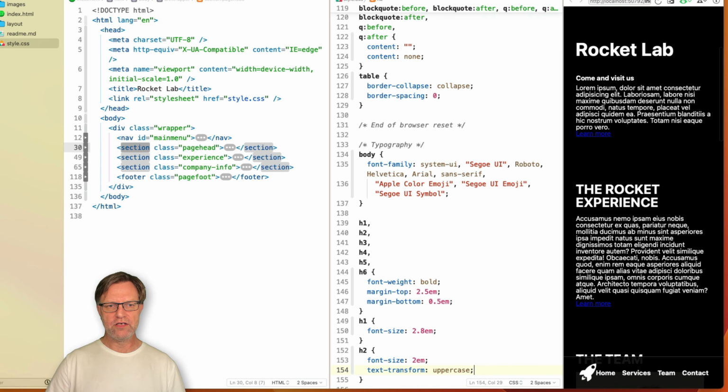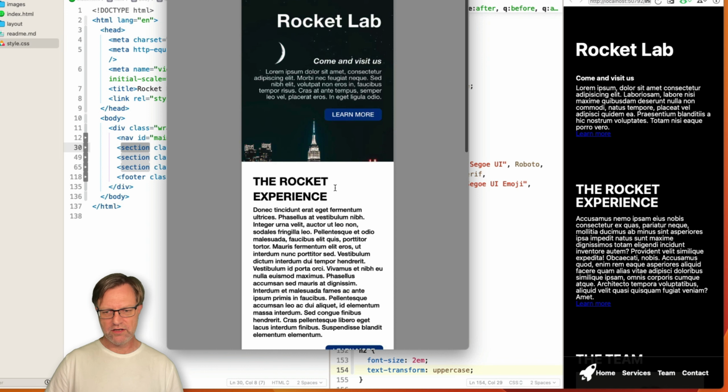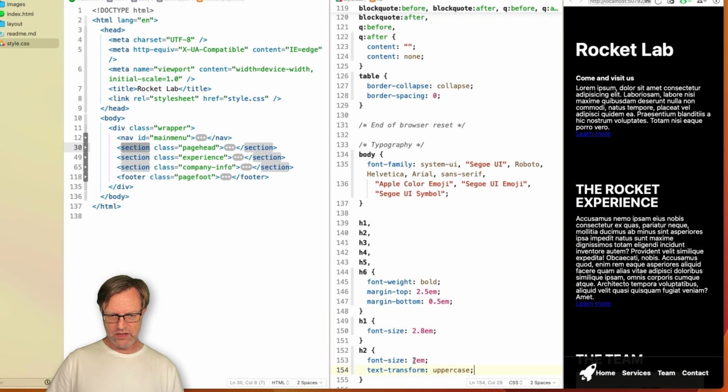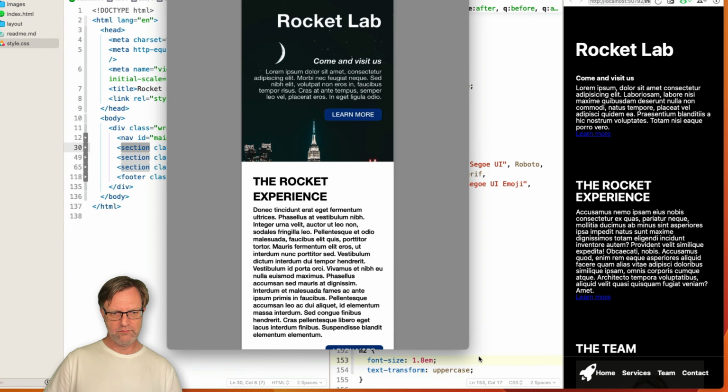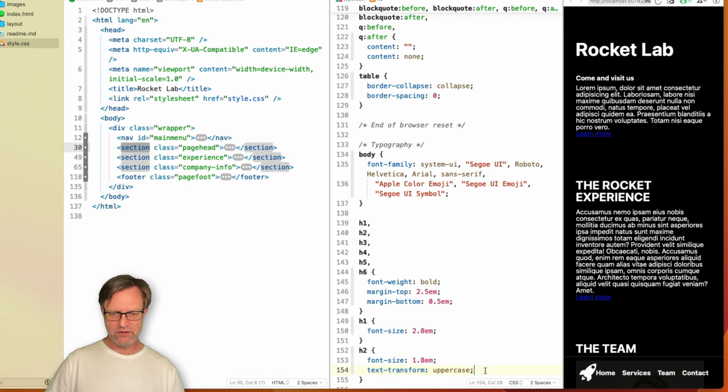Rocket experience, and now I can see another thing, and that is it is a tad too big. 1.8, like that. Better,